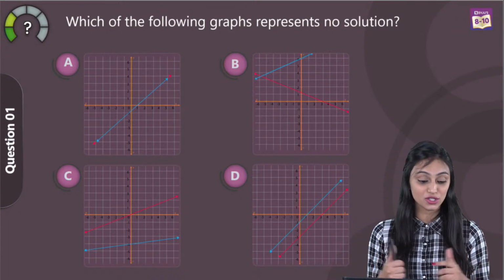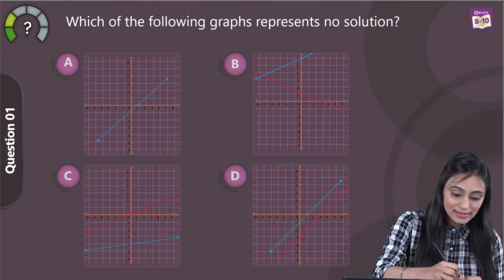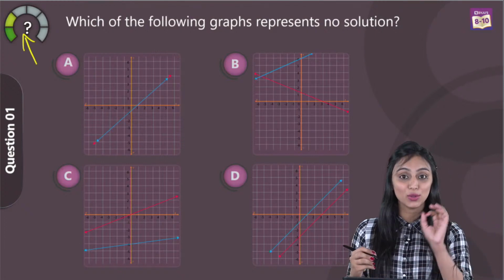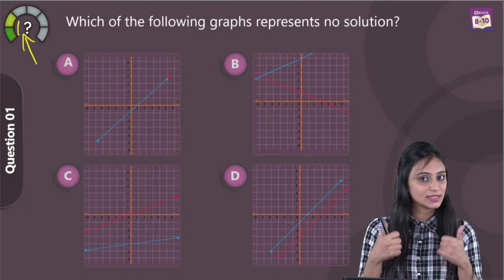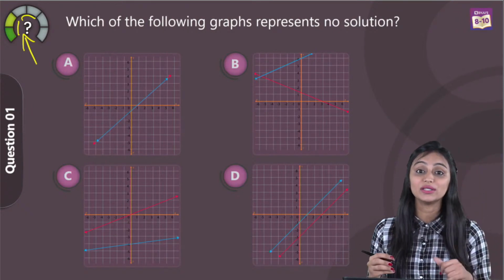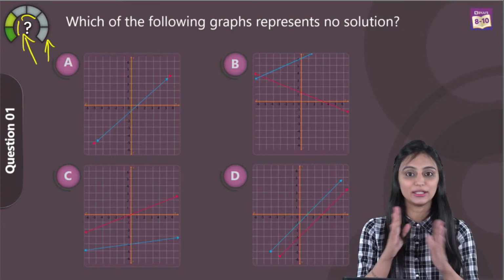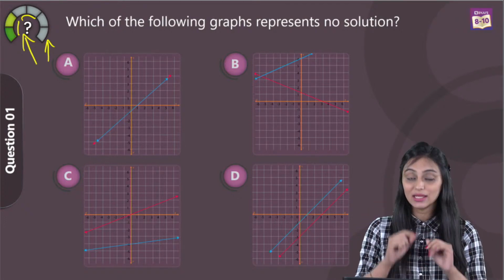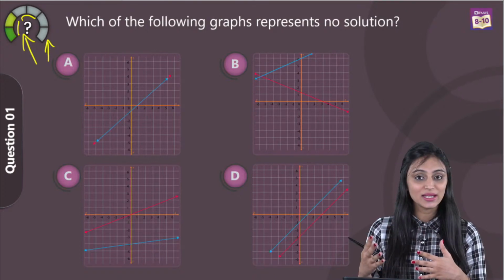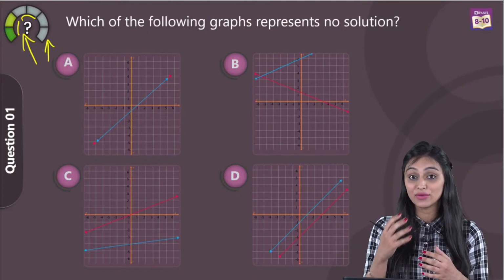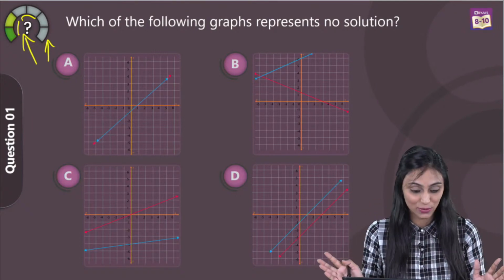Alright, so here is our first question. Now before I start solving this question, let me tell you that this is the difficulty level meter that you are going to see in every question. If you see greens over here, this shows it's an easy one. If you see yellows over here, that shows it's a moderate level question, and orange and red over here shows it's a difficult one. Now gradually I'll increase the level of the questions and you would see that the best questions, the difficult ones, would come at the end. So stay till the end, watch the entire session I would suggest.